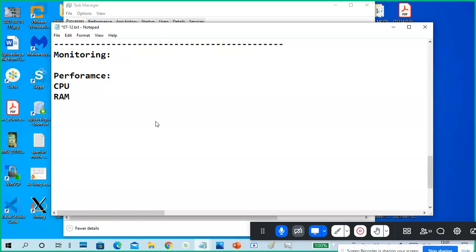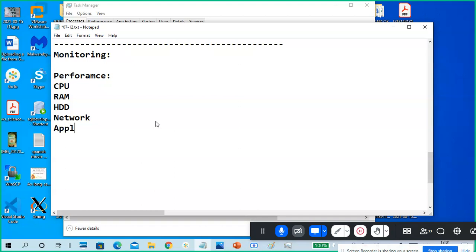RAM means memory monitoring. Hard disk, storage related monitoring, or SSD if you have an SSD. Next, network. Network means Wi-Fi or Ethernet. So network monitoring. Okay, these are the main monitoring areas.